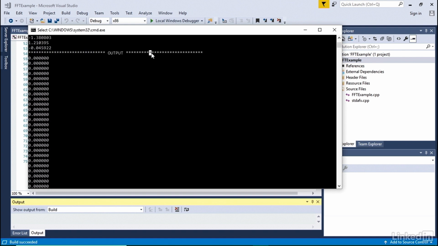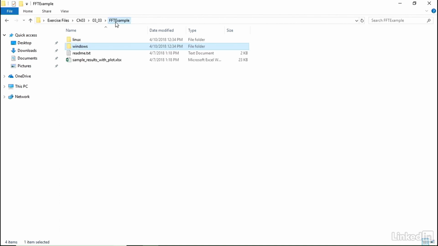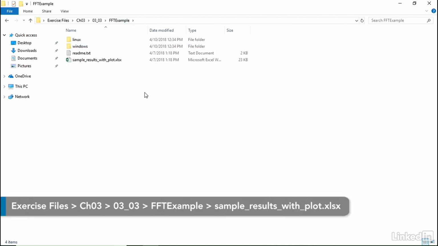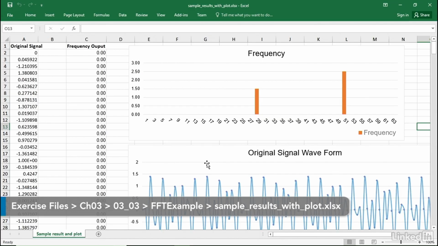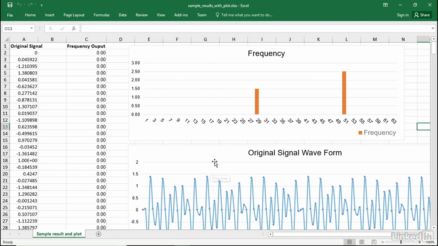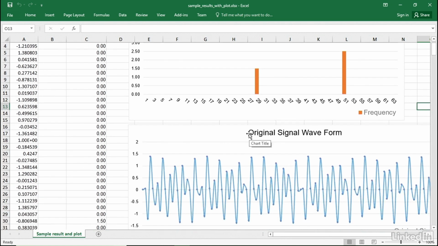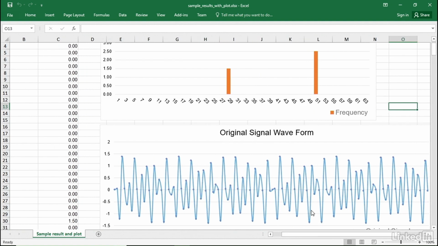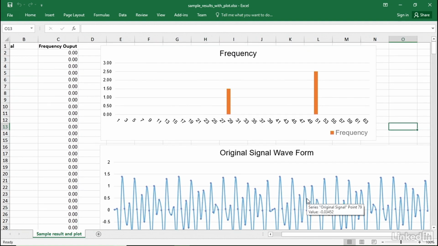Let's go back to the exercise files directory. The sample results have been provided to you and plotted with Excel. If you open the Excel file, we can see the raw signal in blue and 2 frequencies contained in the signal. Assume these are what we expect to see, so if you get different frequencies other than these 2, it might